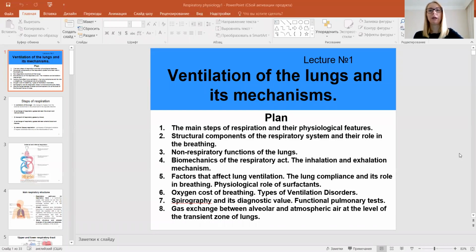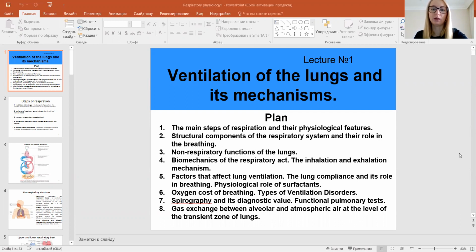Good afternoon, students. Today we have the first lecture on the respiratory system, and we will be discussing such subtopics as the main steps of respiration and their physiological features, structural components of the respiratory system and their role in breathing, non-respiratory functions of the lungs, biomechanics of the respiratory act, inhalation and exhalation mechanism, factors that affect lung ventilation, lung compliance and its role in breathing, and the physiological role of surfactants, oxygen cost of breathing, and types of ventilation